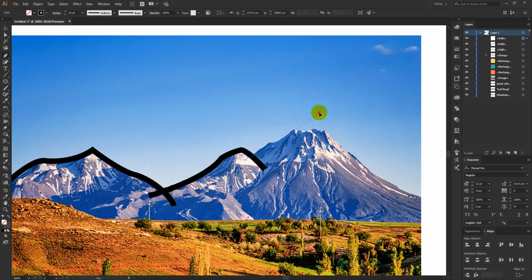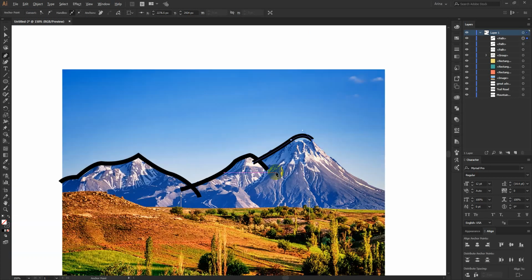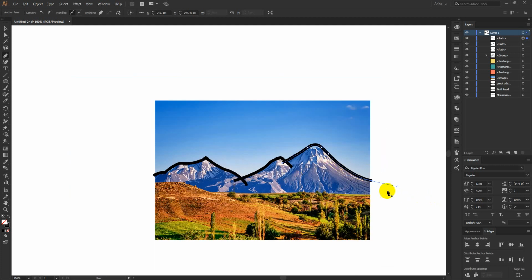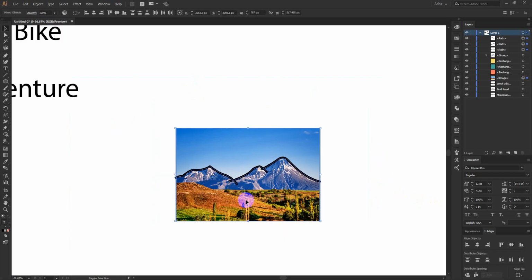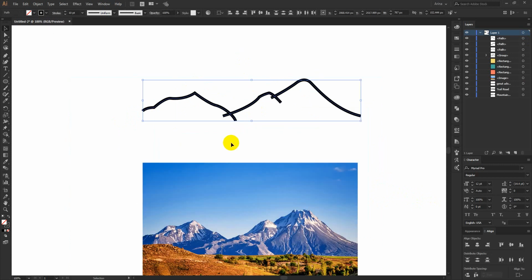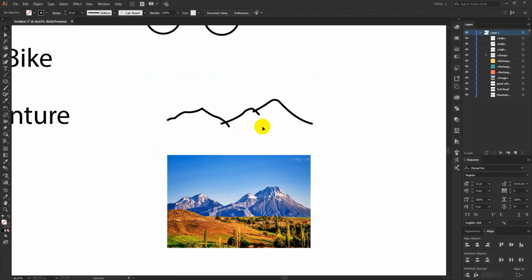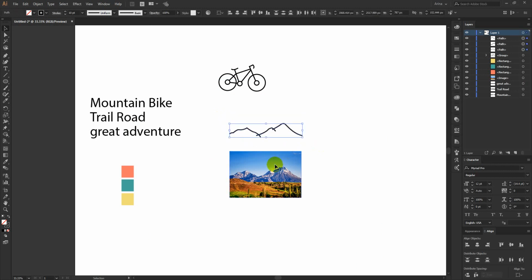You don't need to make this exactly the same or very pixel perfect. Just your work will be done. Just something that can represent a mountain. Okay, so this is my mountain shape here. I don't need this image, so I am going to take this, or I can simply make something in a similar style. I will maybe use that.